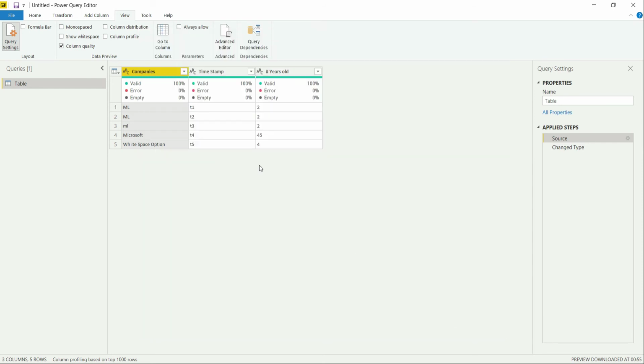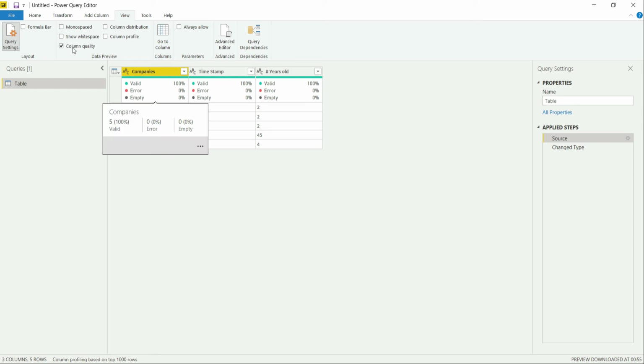All you have to do is, first of all, go into the View option in the Power Query editor. In that option, you can click on this Column Quality function. There are so many more options. I will be explaining all those as well, and they are very good to use and they will come in handy whenever you are working with very large data sets. So first of all, I am going to explain the Column Quality function.